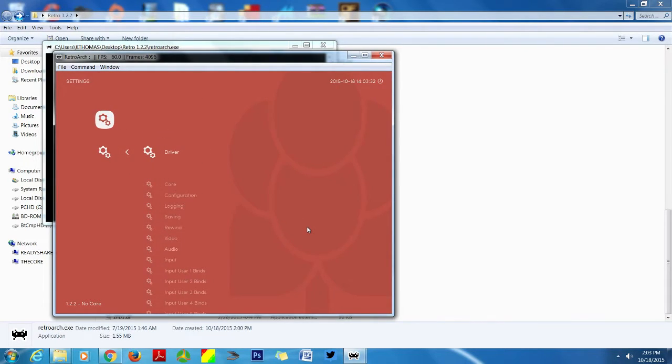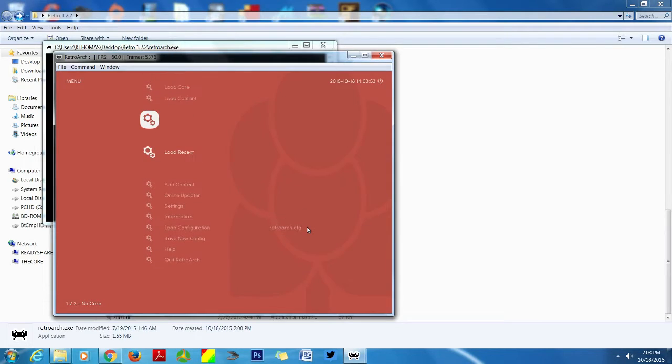Of course, we're gonna go straight into settings. Actually no, we're not gonna go straight into settings. So you're gonna hit Z to go back. Okay, so Z goes back, X selects. So once you got that, it's easy to navigate. Something I had an issue with when I first started.